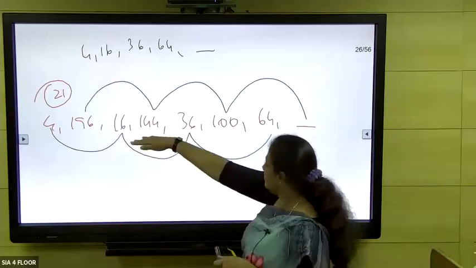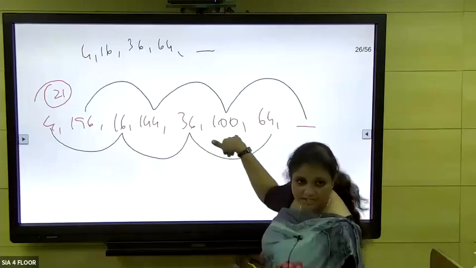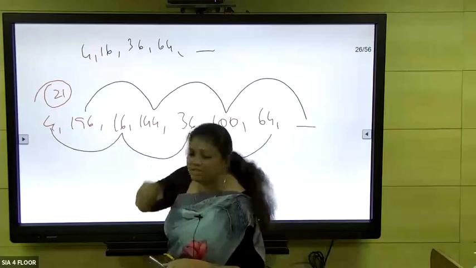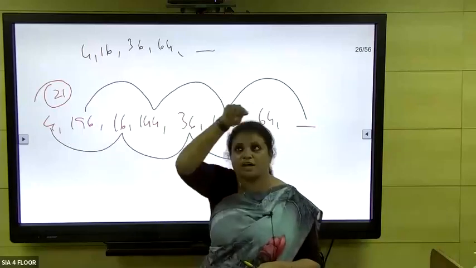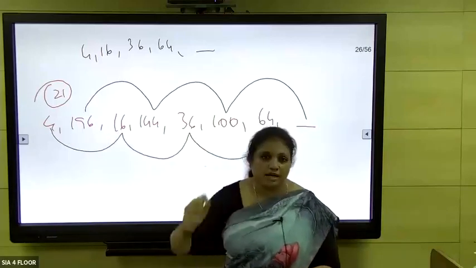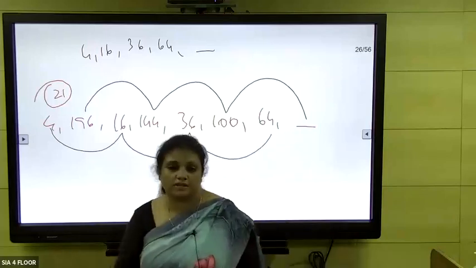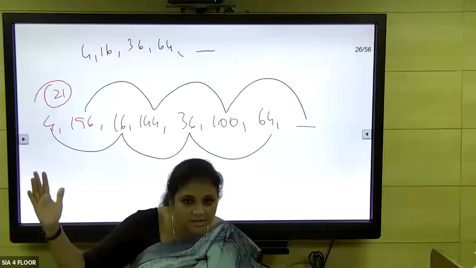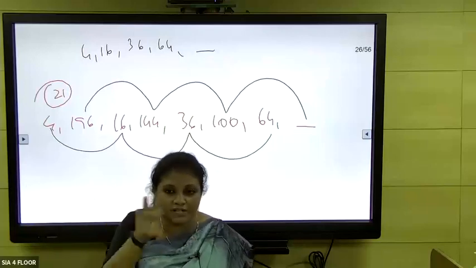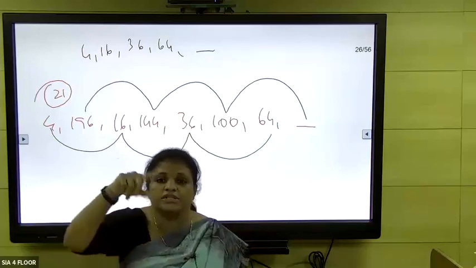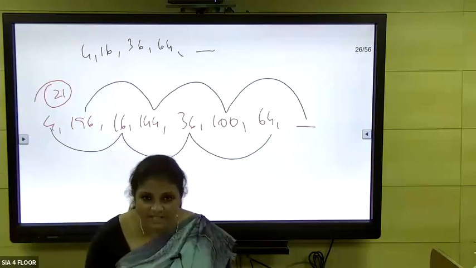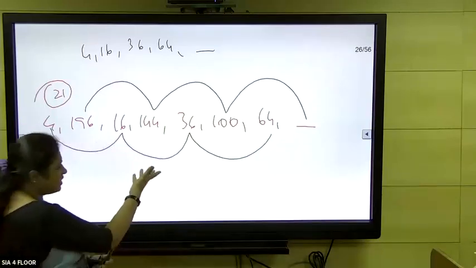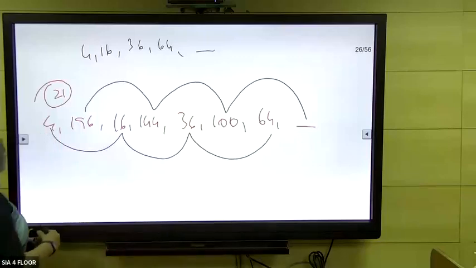I'll tell you two ways to identify a dual sequence. Step number 1: it will be a little bigger like this, and you will not find any connection between the first number and the second number. But if you compare the alternate numbers, you will find some connection. That should be done as a trial. If you find a bigger sequence and you're not finding a connection between the numbers, then check the alternate numbers. It's not that difficult to identify.